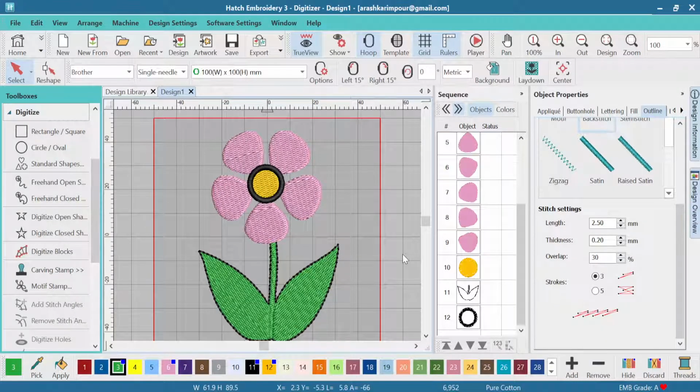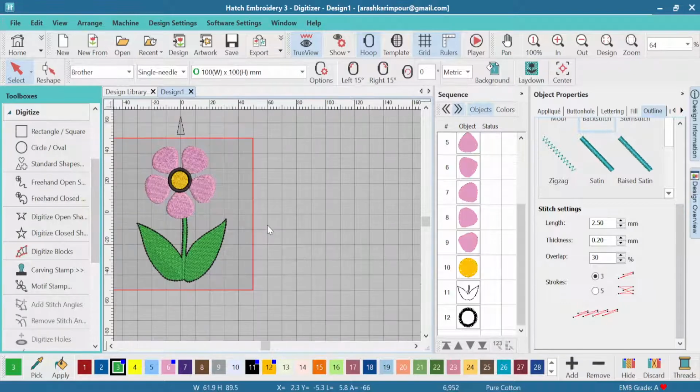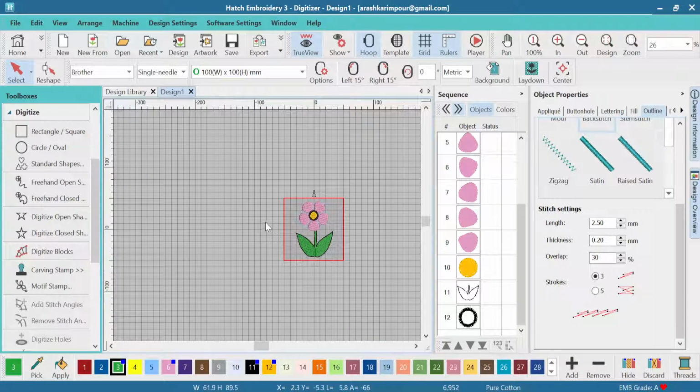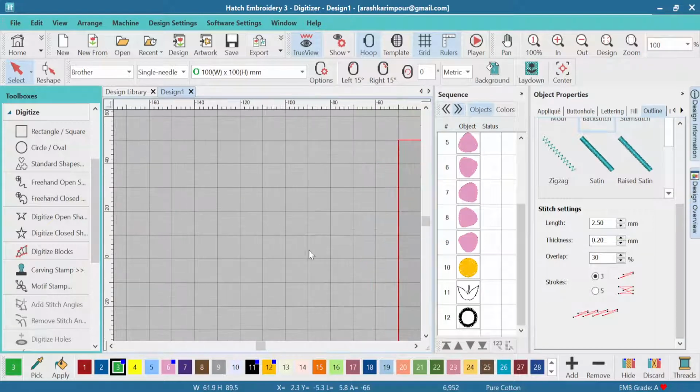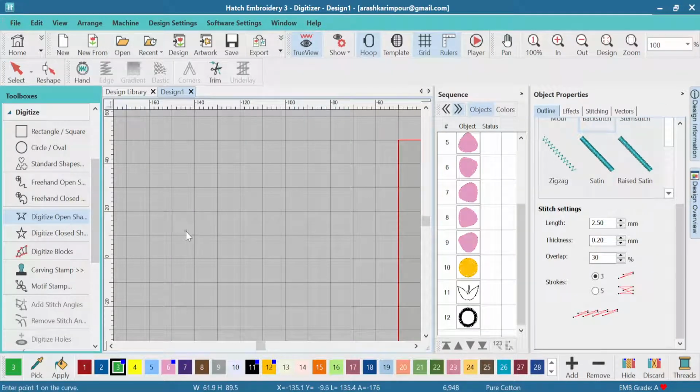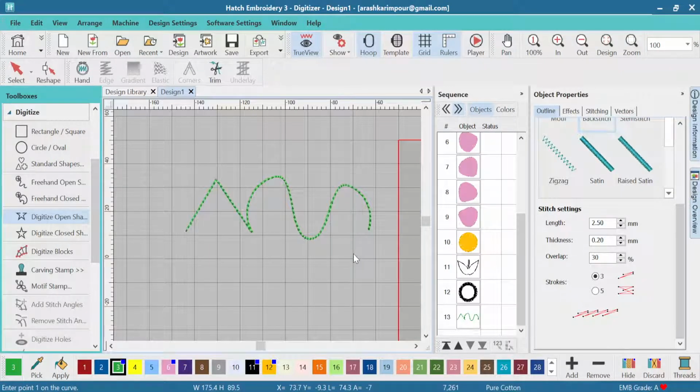A couple more points before I finish. One other thing I want to mention is that when we draw something, as you know, a left click draws a straight line, and a right click draws a curve line. Anyway, when I finish drawing, if I want to make any changes, I can